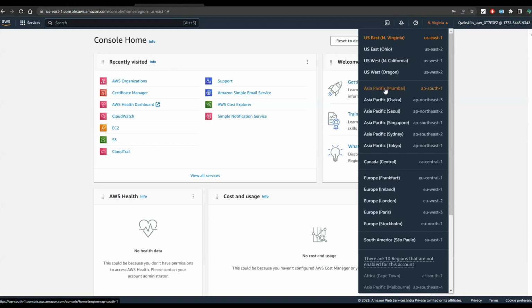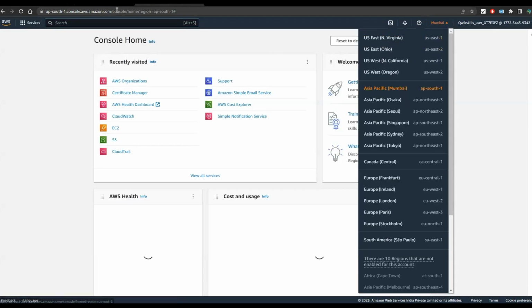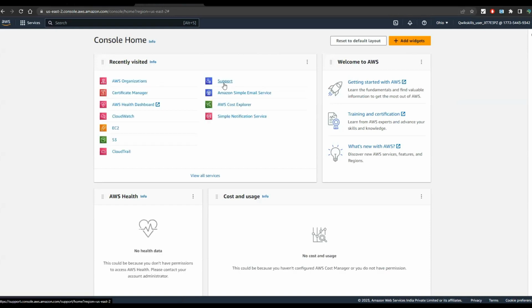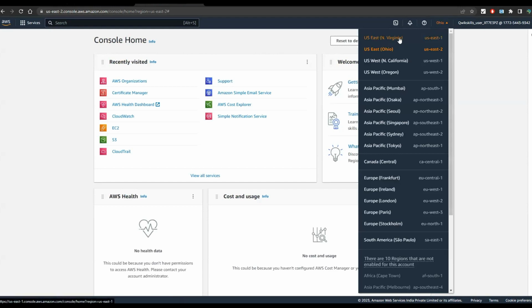If I change my region to Mumbai, or for example, according to the lab in Ohio, if I select Ohio region, I'll not be able to see the same rented computer now on my console. To again see that same computer, I'll have to be in the same region in which I deployed it, launched it, or rented it. So you always have to validate